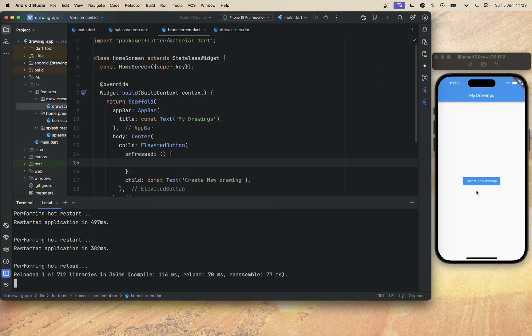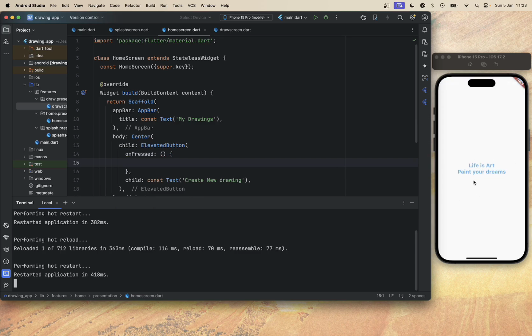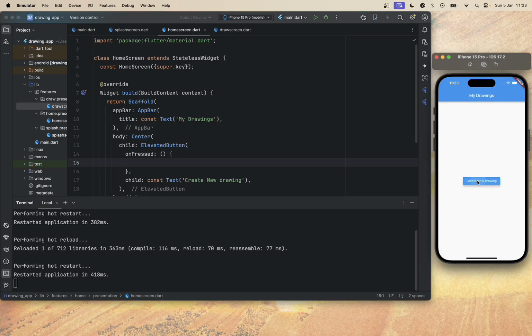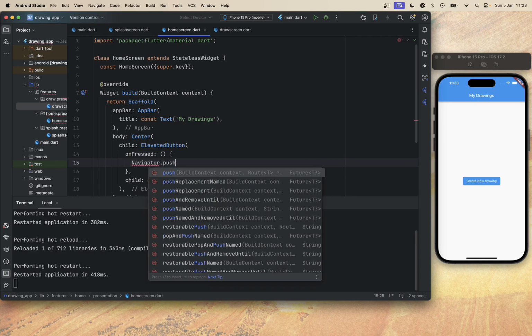So let me just, yeah. If I restart the app, you already see the splash screen, then it will redirect automatically to the home screen, and here we can have our button. Of course, we don't have anything in our on press, but let's just use the navigator push named,